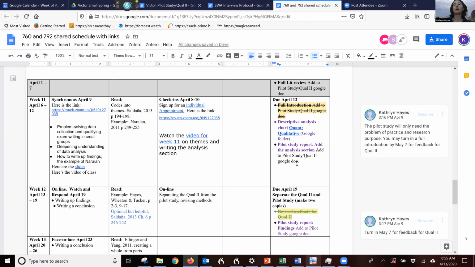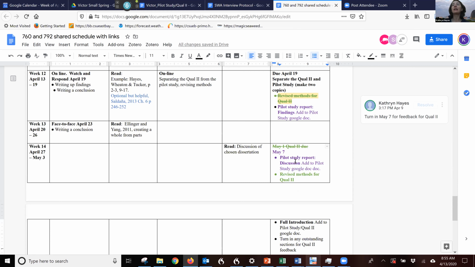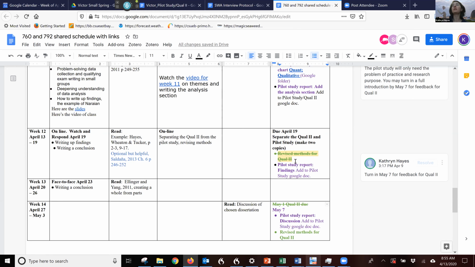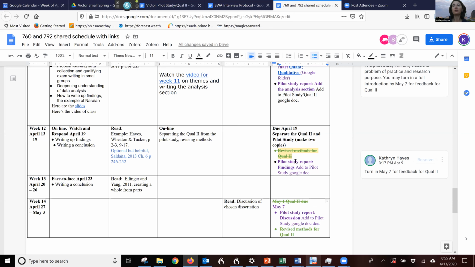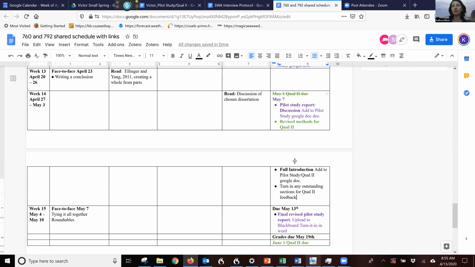So this is what we hear from past students, and we try to make each piece as small as possible, one piece of data, one theme, writing up one theme, so that it's not busy work, but essentially trying out each piece, including the discussion, is so essential for going into your dissertation year with that kind of experience. So my hope is that you're able to do that.